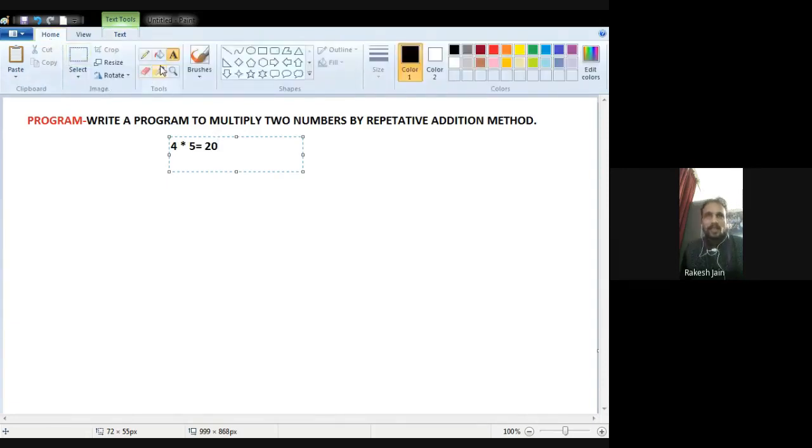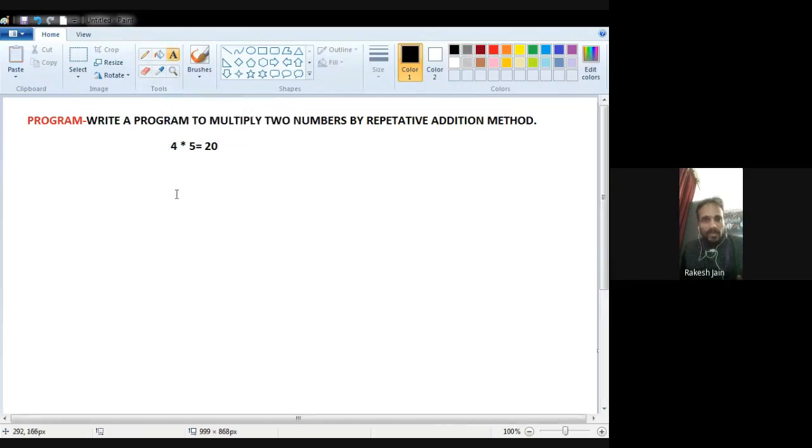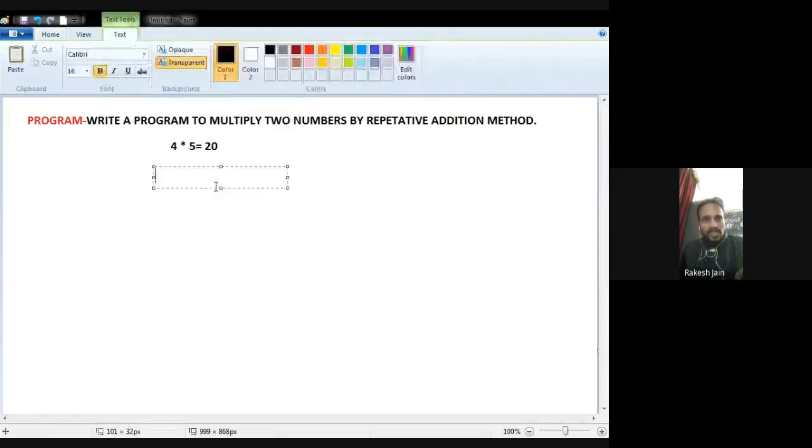So how can we perform the multiplication? There is a very simple trick, and that trick is the repetitive addition method. For the same example, 4 multiplied by 5, I can also perform it with the help of repetitive addition. Let's suppose I have two numbers, 4 and 5.